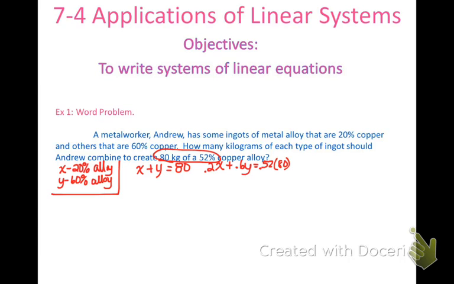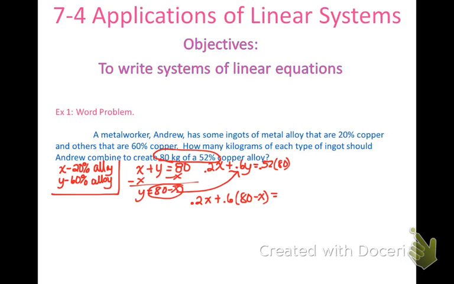Now, you can do the substitution or elimination. Since there are decimals in here, I'm going to go with substitution. So I'm going to get Y by itself, so I'm going to subtract X from both sides. So I'm going to have Y equals 80 minus X, or you could do negative X plus 80. It does not matter. And I'm going to plug this in for Y. So it's going to be 0.2x plus 0.6 times 80 minus x equals,